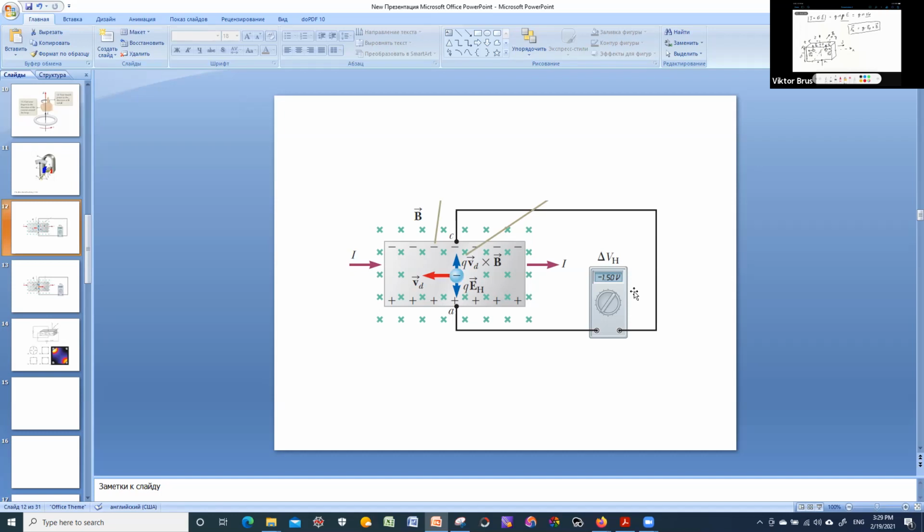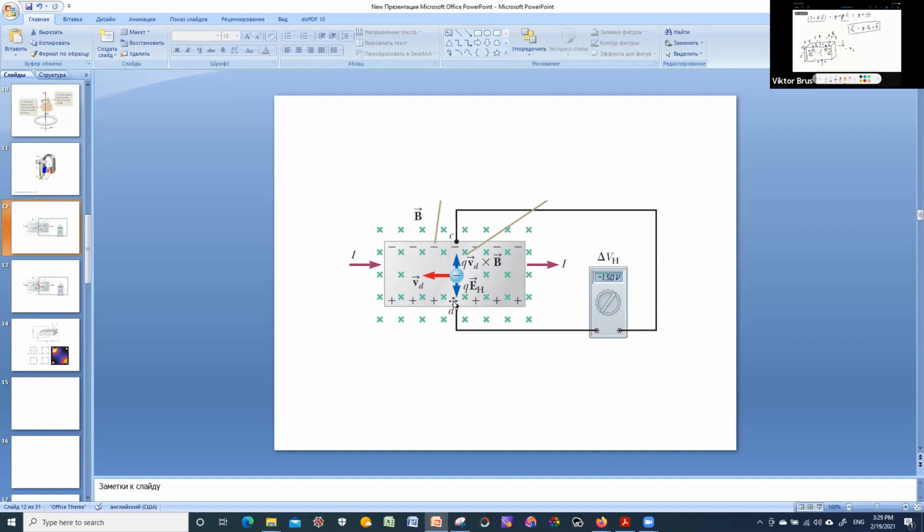It means that most of the electric current is carried by mobile electrons in these N-type semiconductors. So if we have such an N-type semiconductor, it behaves in the same way as a metal. We have majority charge carriers, electrons, and the effect of the external magnetic field will be the same. So the upper edge of the semiconductor will be charged negatively, and the bottom edge will be